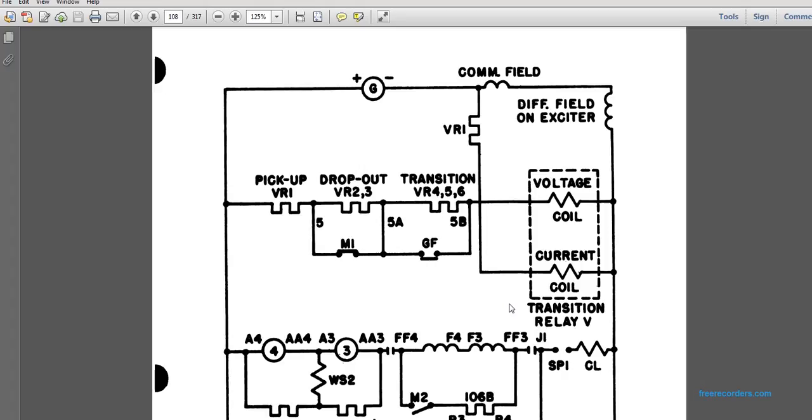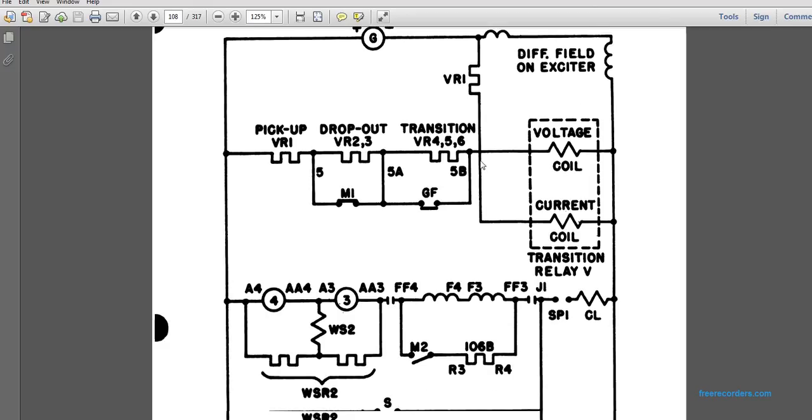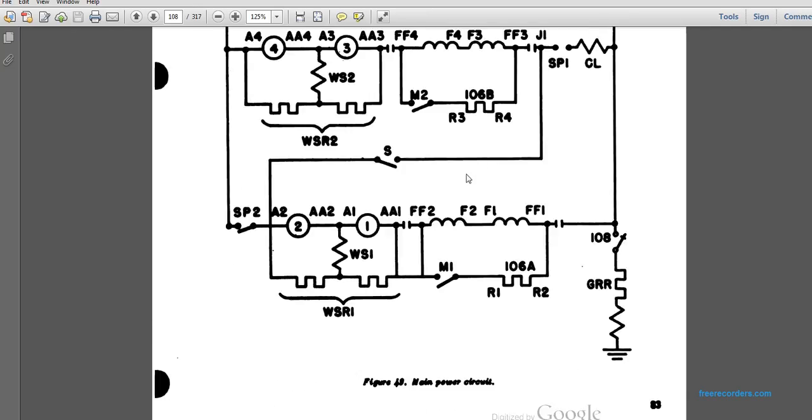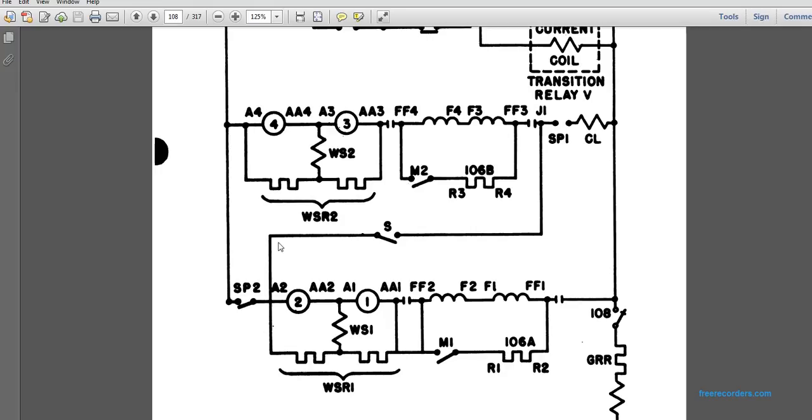This shows a more complicated one, following the drops and transitions and picking up the different resistors and coils and DC field generators. This is the main power circuit. The A2s and